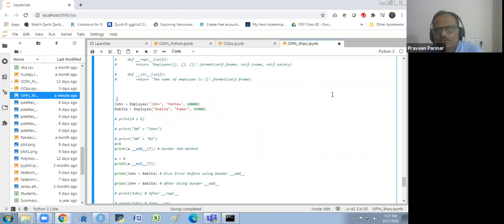If someone else is also there, suppose I am writing Nilesh, and it is also an employee I am taking. Name is Nilesh, and it is Agarwal, and the salary is 30,000.